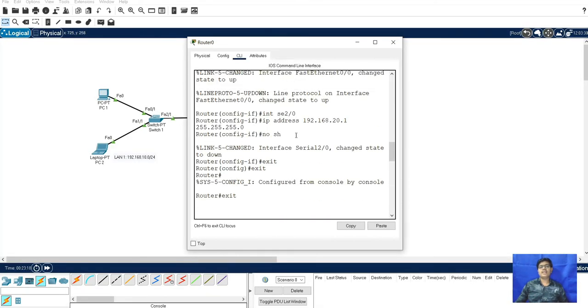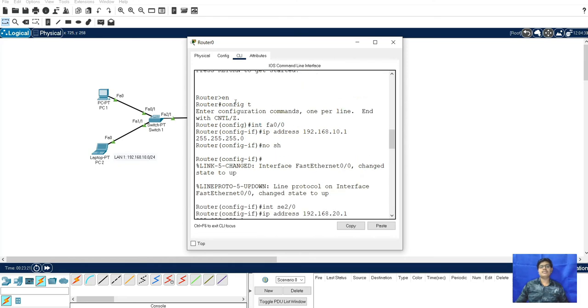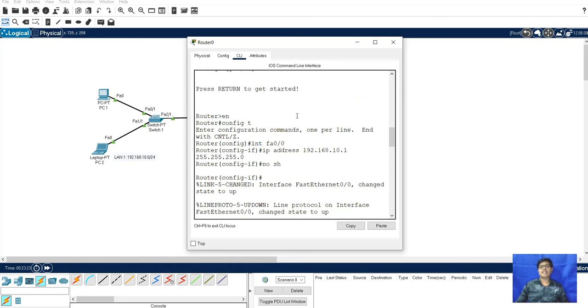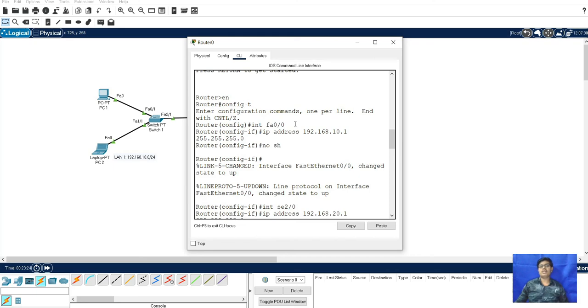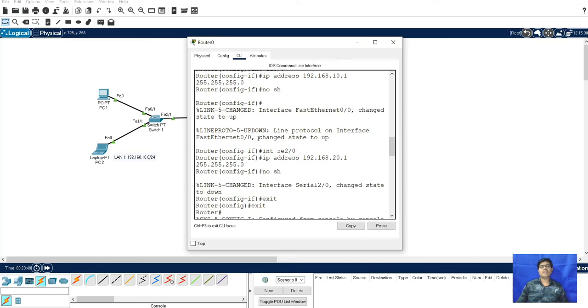And next we will go to the router configuration and check what is the configuration here. For that, we will go up and see the configuration. For the router, we have configured the interface FastEthernet 0/0, IP address of 192.168.10.1, 255.255.255.0, having length 24. Next, this is the IP configuration.